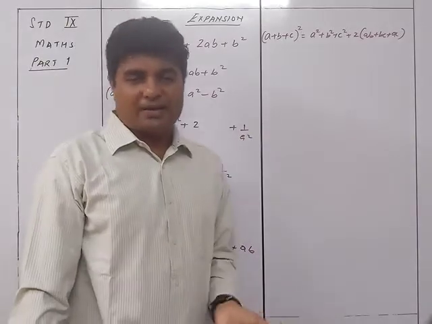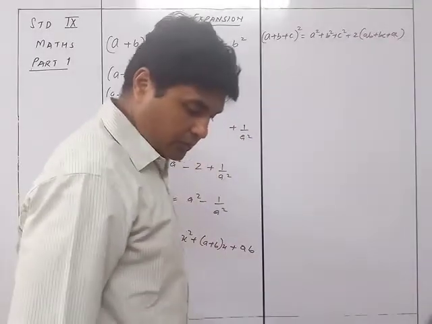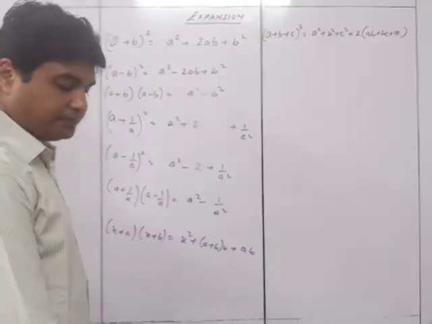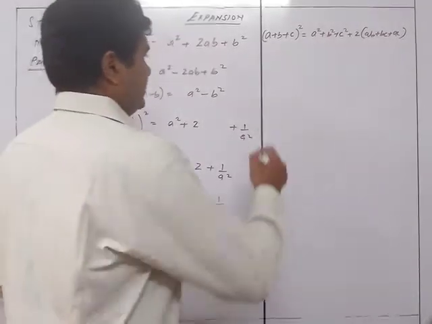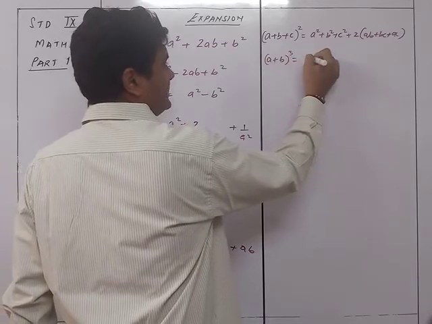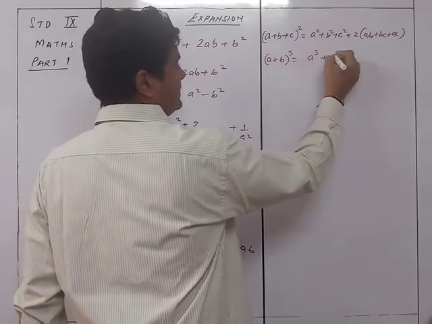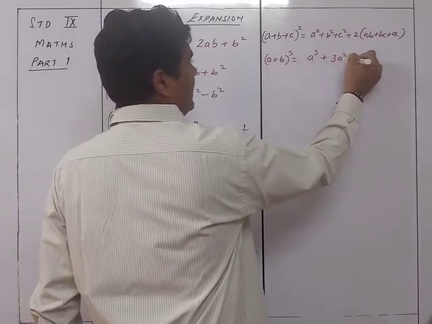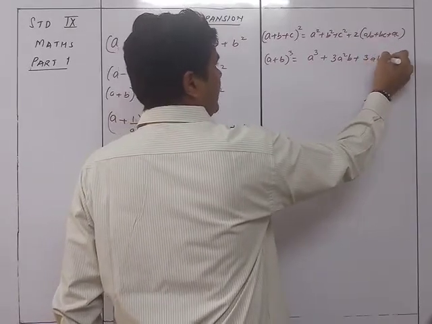Okay, तो वैसे ऐड करना, तो it will be one easier to learn also. So that is the 8th one. Now we see the cube thing. So it is a plus b the whole cube will be equal to a cube plus 3a square b plus 3ab square plus b cube.